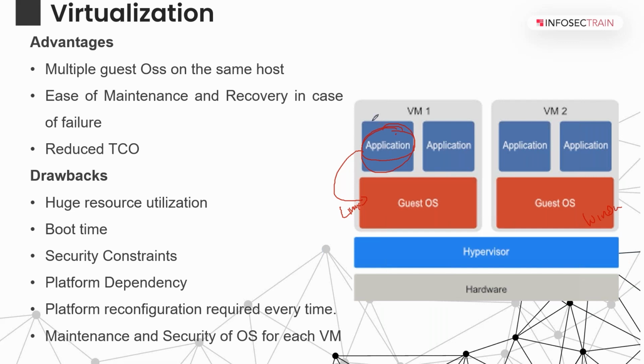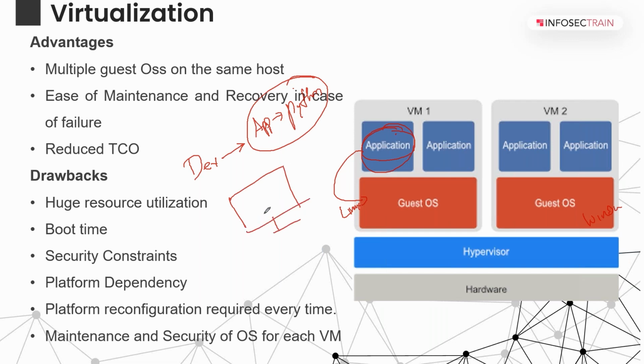And the next point, now let me give you a real-time organization scenario. We have a developer here. This developer is developing a very good application on, let's say, Python. He has a computer where he installed the OS and the Python platform, and developed the code. There are a lot of things he has configured here, right? So what is the problem here?